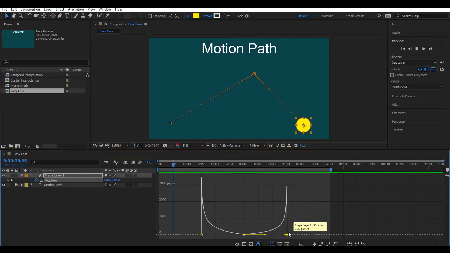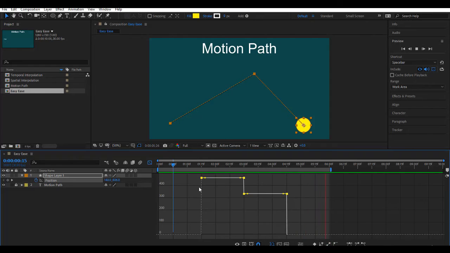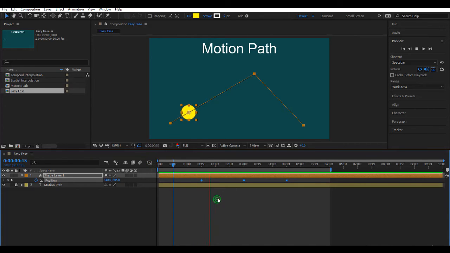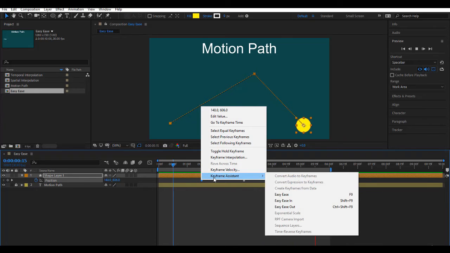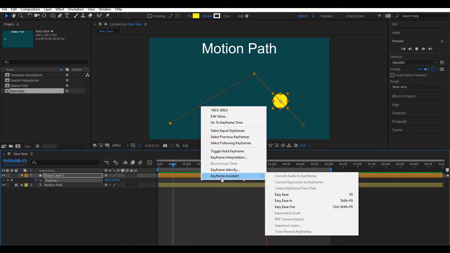And it goes down. If you want to reset them very well, let's go back to easy ease. So this is the concept, and this is how we work. Now let's put them back to linear, just linear, and go back normally. How do you work from here? Let's select the first keyframe, right click, go to keyframe assistant this time, not keyframe interpolation, and from keyframe assistant